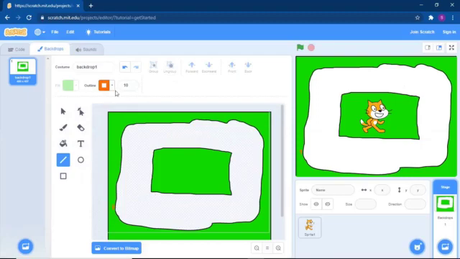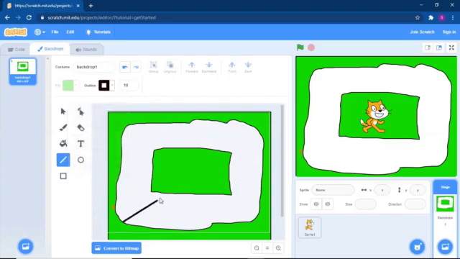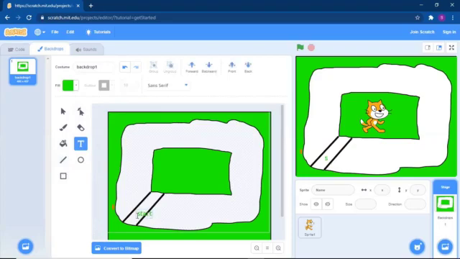No, for starting we will not take red. We'll take black color. So we'll start from here. Now we can write the point here: Start. Now we can move it like this.